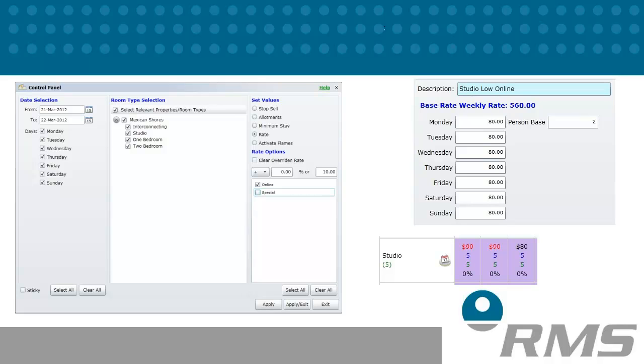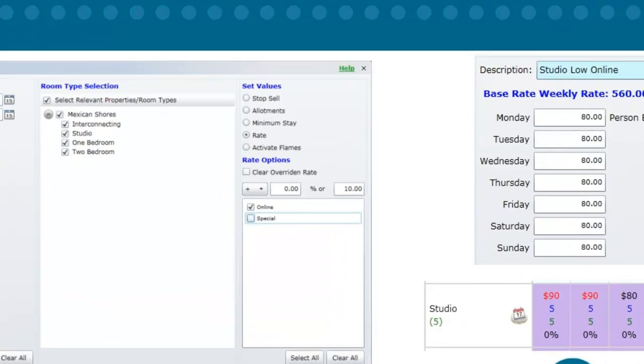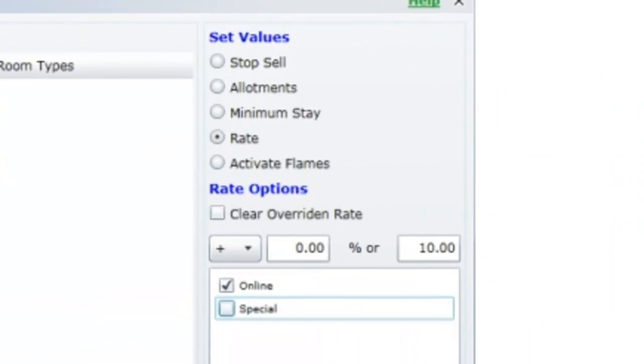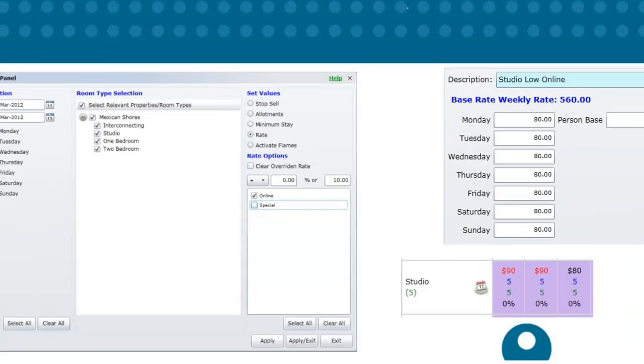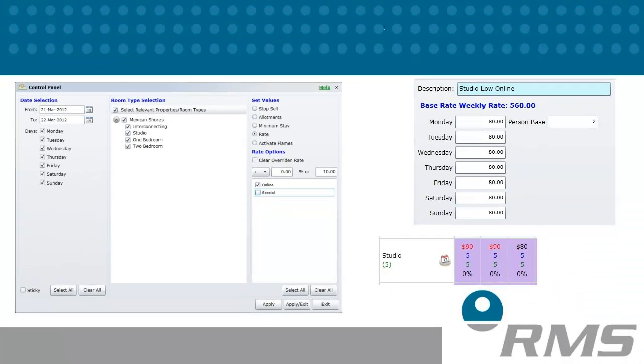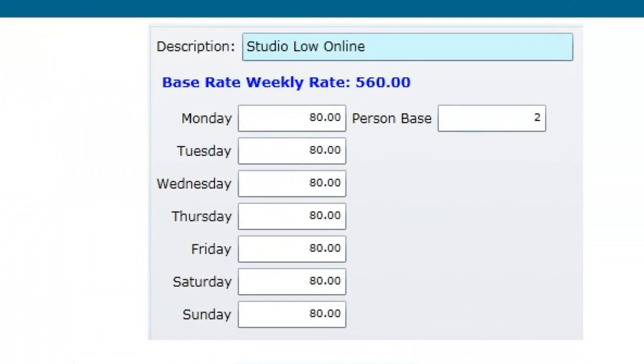This short movie will take you through the steps on how to override your base rate using the control panel. This feature allows you to add or subtract a percentage or dollar figure to the current base rate. When we speak of the base rate, this relates only to the daily amount you have entered into the rate